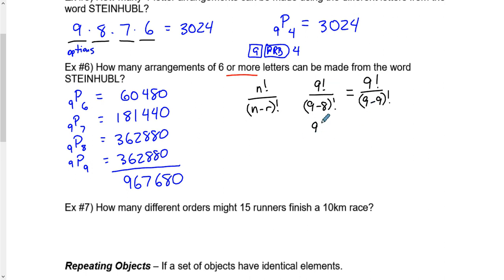We can't simplify the numerator at all. 9 factorial over 1 factorial, versus 9 factorial over 0 factorial. You'll notice that both numerators are 9 factorial. 1 factorial just equals 1, so 9 factorial divided by 1 is going to be 362,880. But 0 factorial